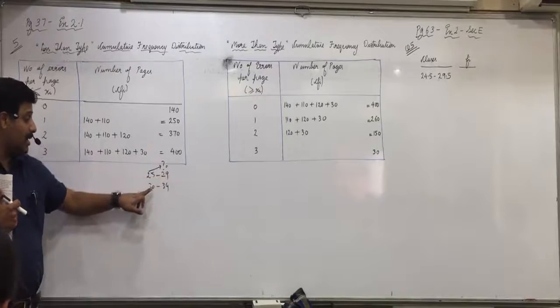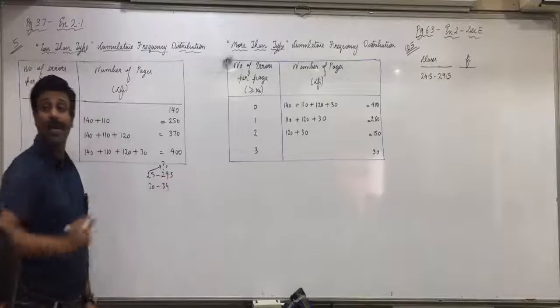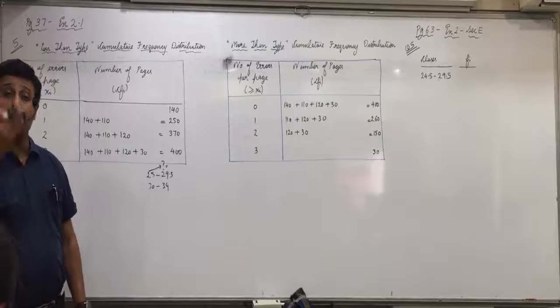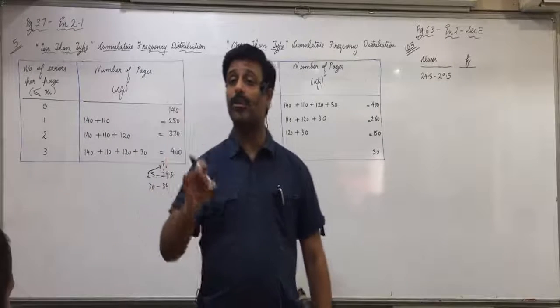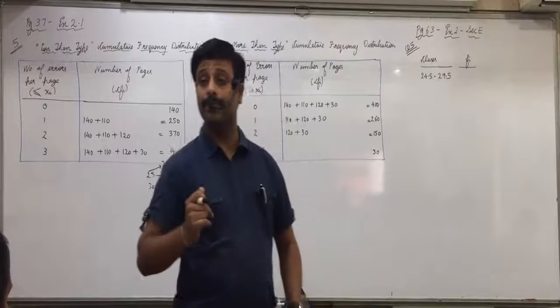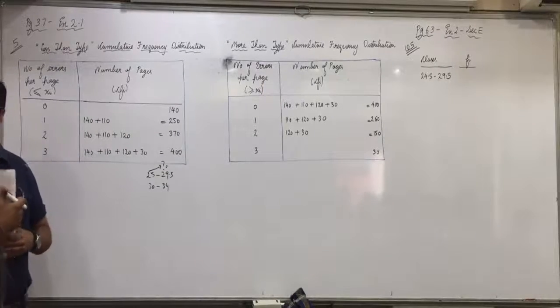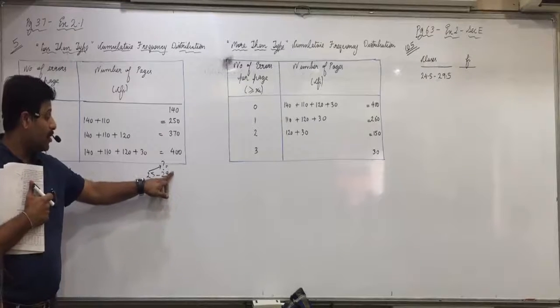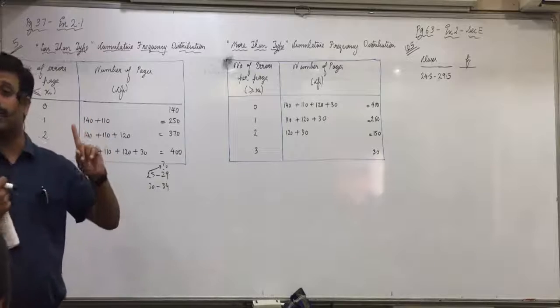Like here it is 29 and here it is 30. In case it is 29.5, then don't do that. Otherwise 29.5 plus 0.5 will again become 30 only, which is wrong. Then you have to calculate it. It will come to 29.75. So when can you do this minus 0.5 plus 0.5 rule? When there is a gap of 1. In 29 and 30 you can see there is a gap of only 1 unit.